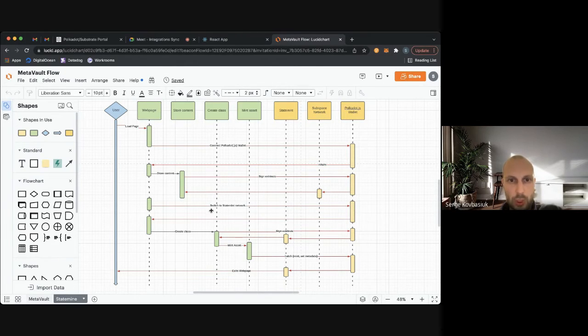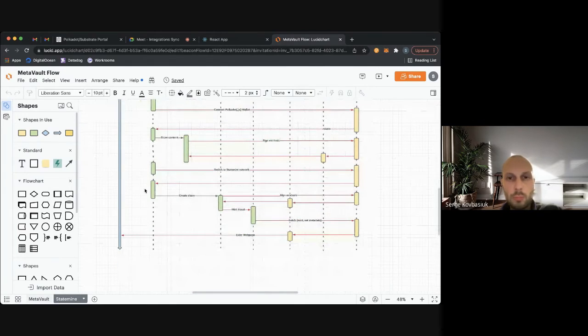Here we have this step. So we switch to another network which has Pallet Uniques. We change it on the Polkadot wallet. Actually, no, we don't have to change it here. We switch on the web application, and then we can create a class,